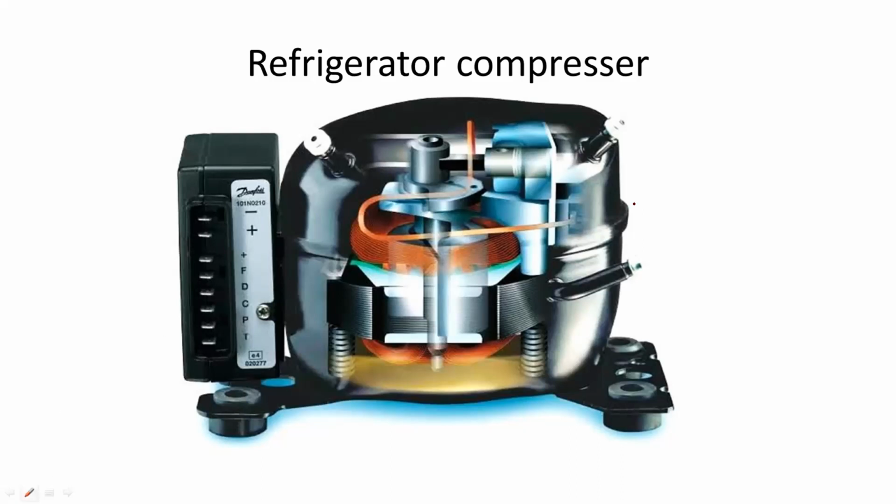So this is the compressor. This compressor has a similar mechanism as that of the IC engine. It has one piston. So this is the piston and this is the crankshaft. You can observe here, there is one counter mass. So this is that counter mass. I will show one video so you can understand.